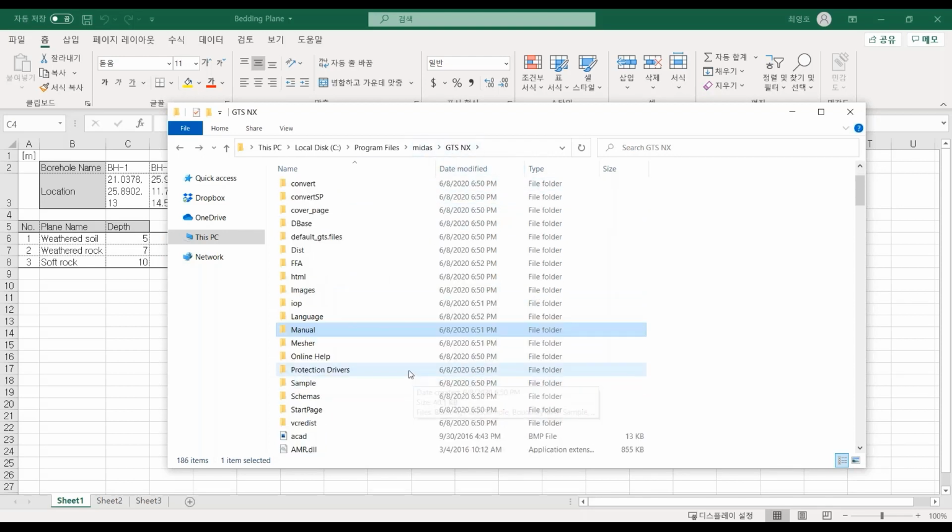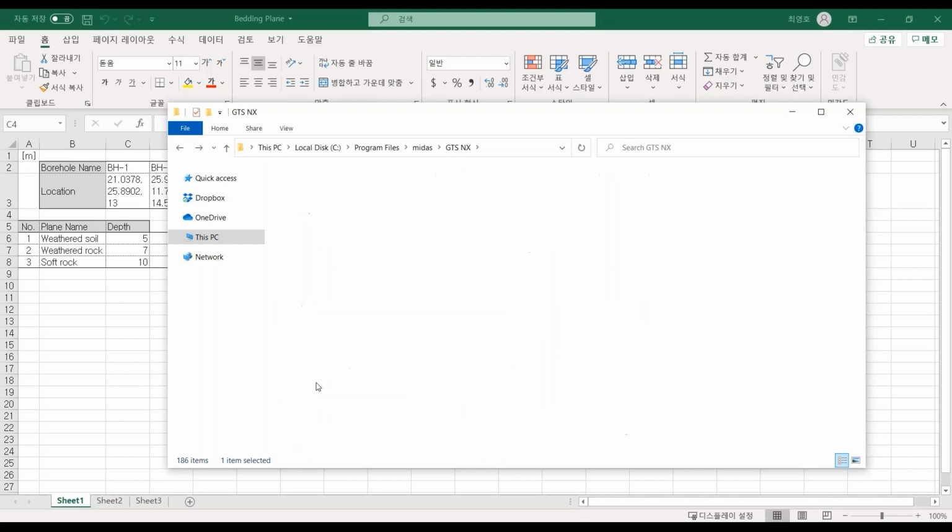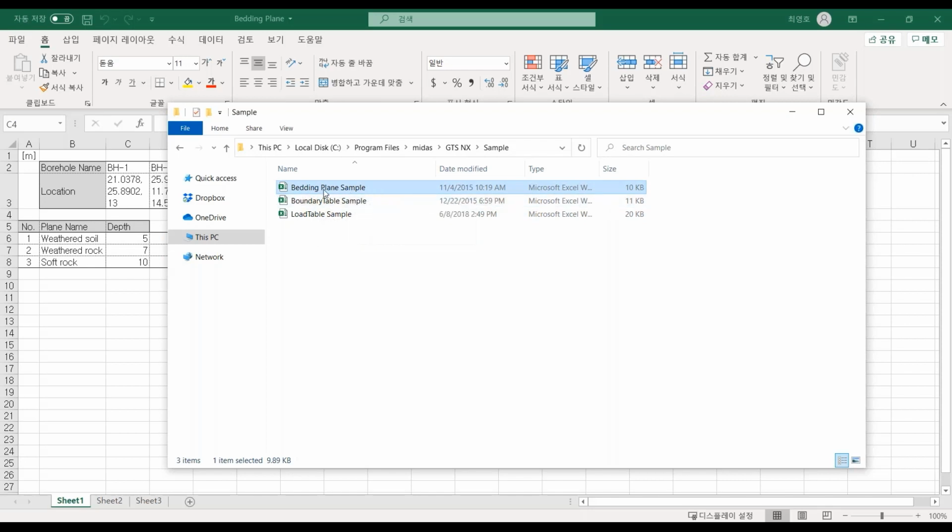And today, as I told you, I will use a terrain function. Before that, under the sample folder, you can check the bedding plane sample here. I will also use a bedding plane function today for the soil layer. And for the terrain function,